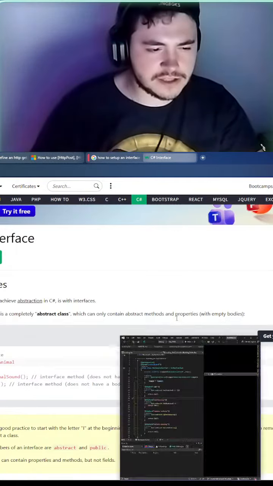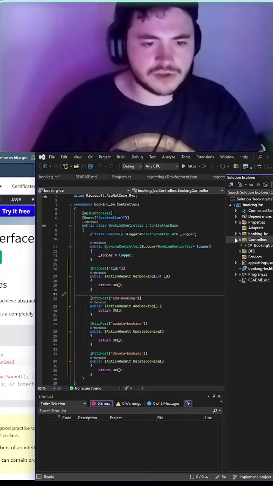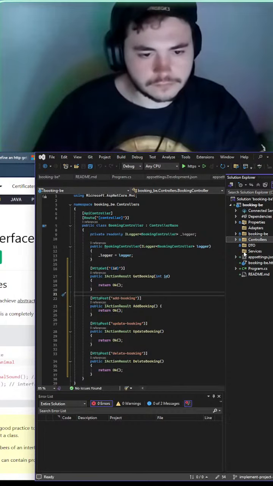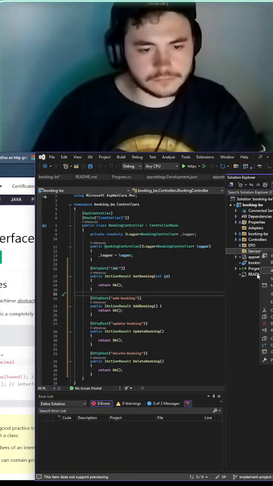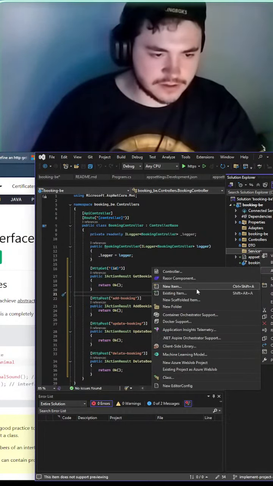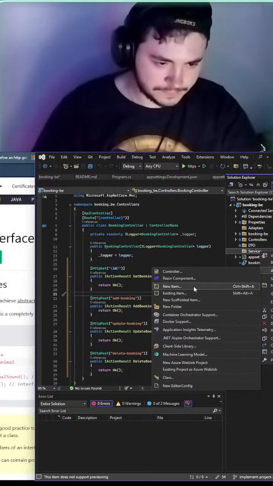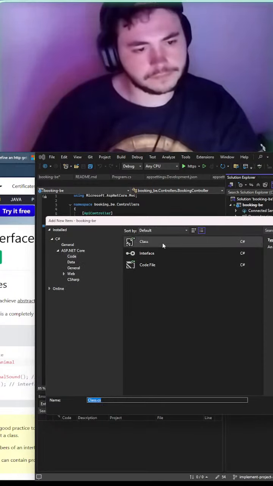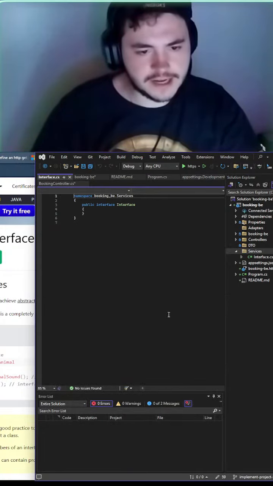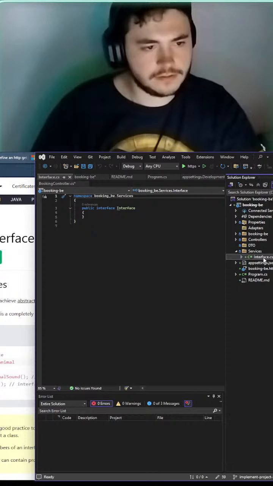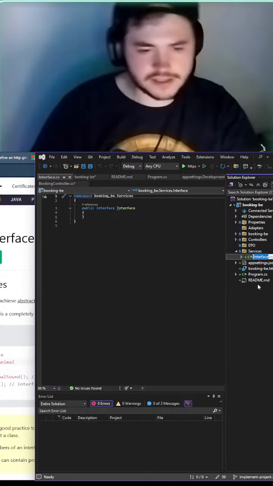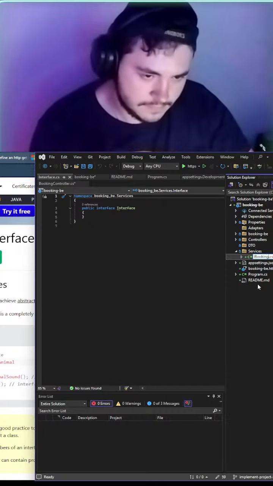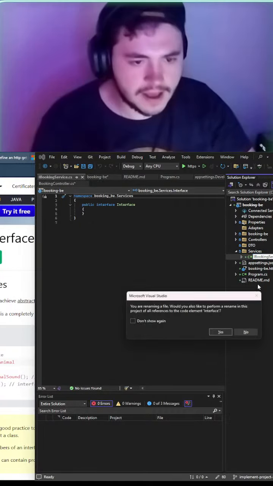I'm assuming C# has boilerplate. So let's go to controllers. Let's go to our services, and then we're going to add a class. I'm going to add an interface. Okay, this is just going to be very simply a booking service.